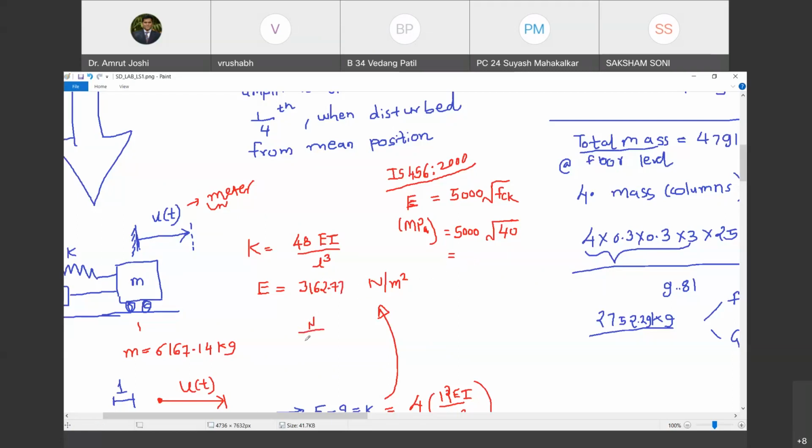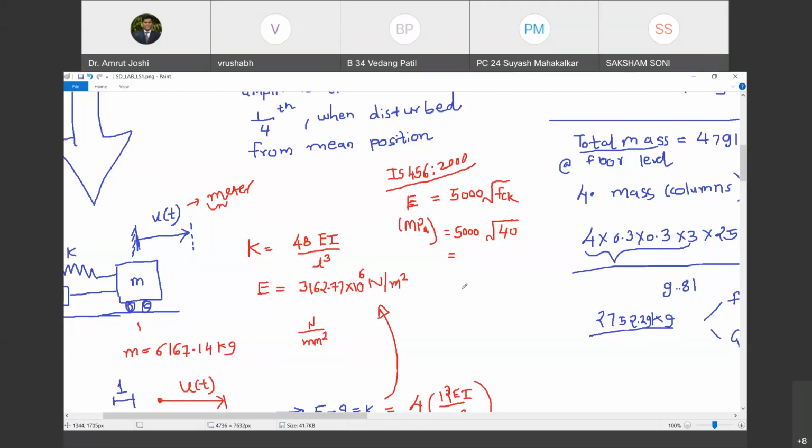देखो ये वैल्यू किसमें है? न्यूटन पर mm स्क्वायर में. And we want that value in meter square. तो क्या करना पड़ेगा? डिवाइड करना पड़ेगा. किससे? 10 पावर -3 इंटू 10 पावर -3, 10 पावर -6 से डिवाइड करना पड़ेगा. So for this value to be in Newton per meter square, I will have to multiply it by 10 power 6. Do you agree with me?